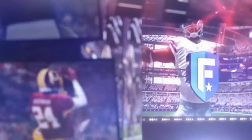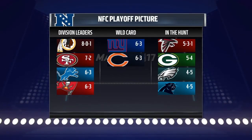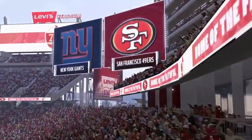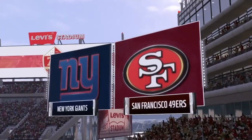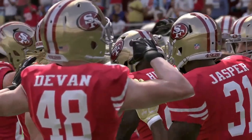The race is on for playoff spots, and a look now at how things are shaping up in the NFC. These teams battling for the best possible seeds as we head toward Wild Card Weekend. Should be an exciting finish to the regular season. It's the Giants going up against the 49ers. For the call, let's send you out to the broadcast booth, where we'll join our commentators, Brandon Gaudin and Charles